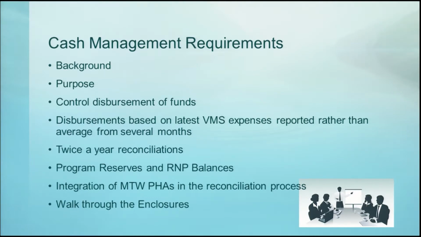As a matter of background, back in 2005 or prior to 2005, HAP determination of need was based on budget submissions, and reconciliations were based on year-end settlements. In calendar year 2005, we modified that determination of need, and we started dispersing to your housing agency 1/12 of your renewal eligibility on a monthly basis. We allowed PHAs to retain unspent funds in your bank account, and those funds were restricted for HAP purposes